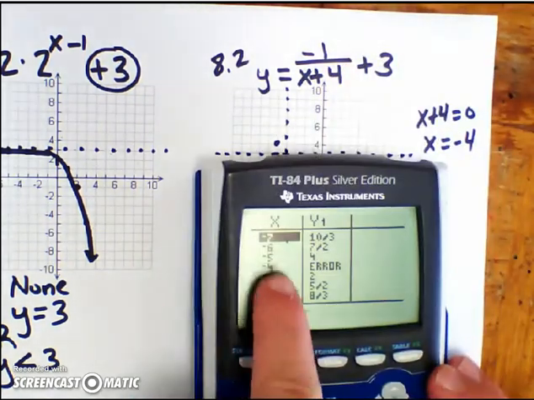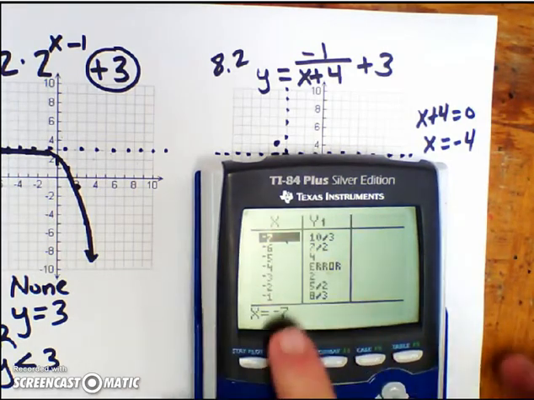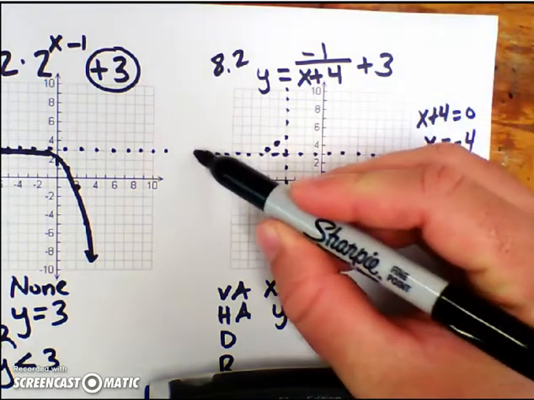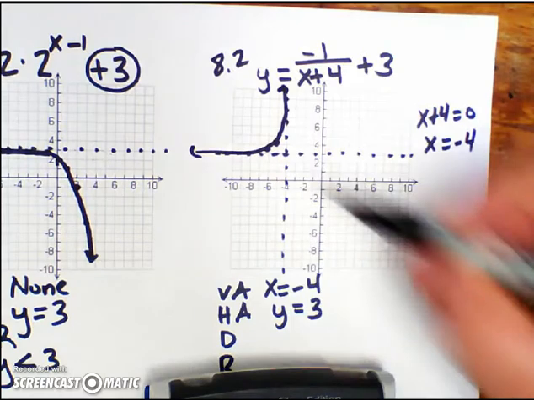Okay, negative 5, 4 I can plot right here. And then I can also do negative 6 and 7 halves. That's 7 halves is 3.5. So left 6, up 3.5. It's about right there. Make sure I can see those points when you plot it. It's going to be tough to see because I'm using a Sharpie marker, but make sure I can see those